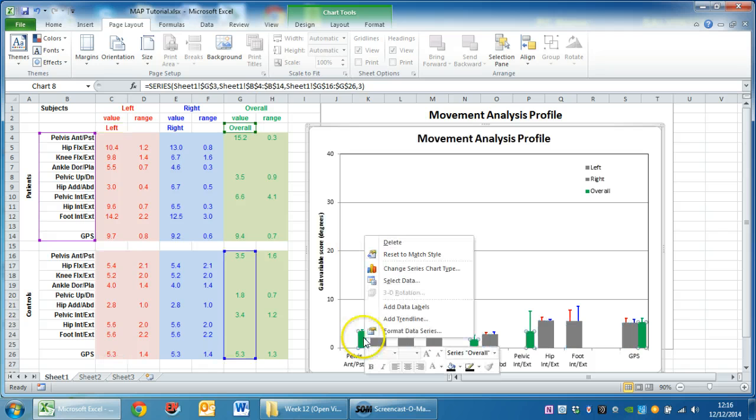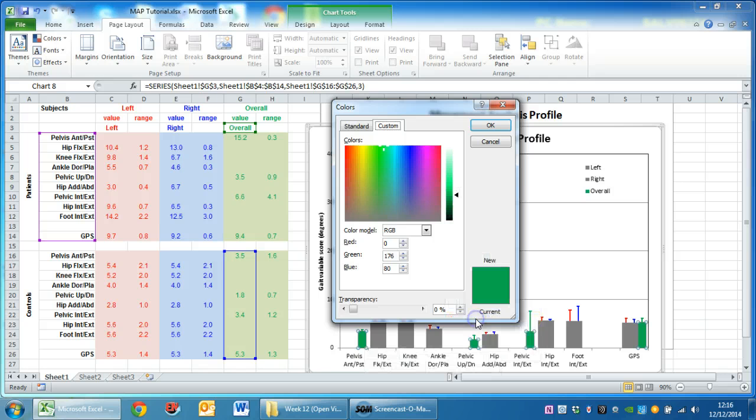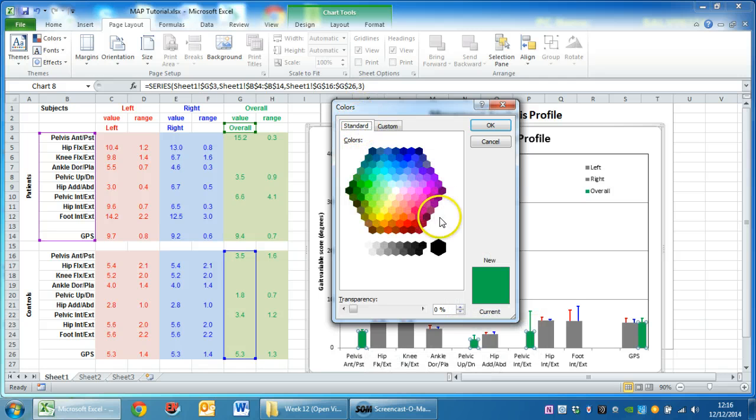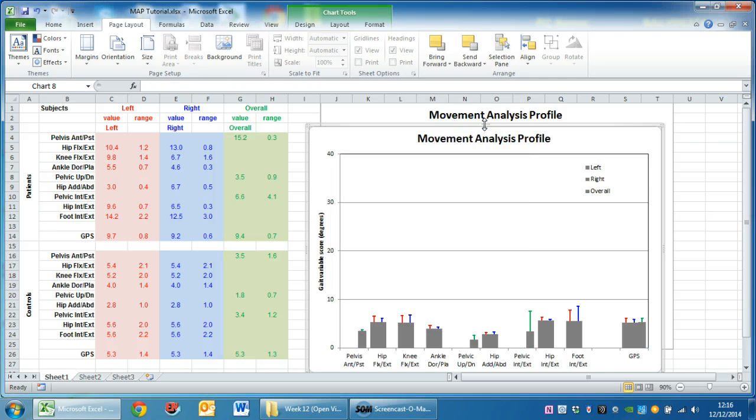Okay, and then let's do that for the green one as well. So more colors. Oops, go for that. And then we're going to go for the same color. Okay, so you can see that we've now all got these green bars,